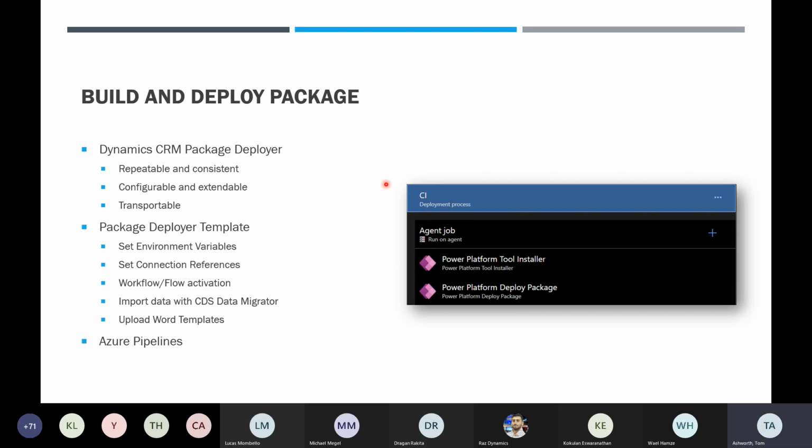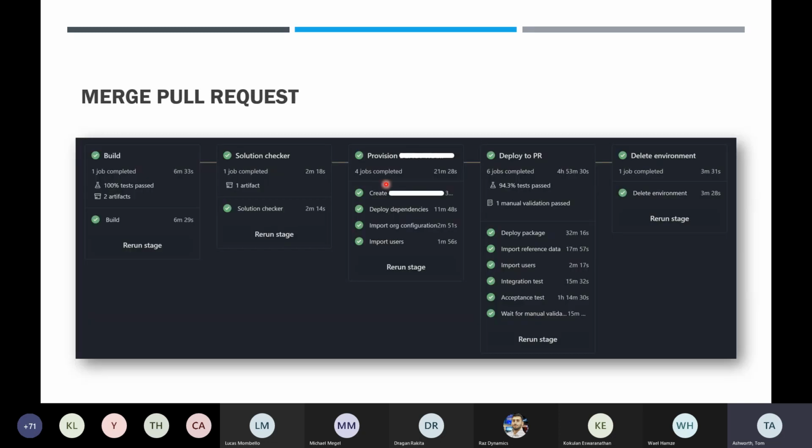So once you've built and you've deployed the package, or as part of building and deploying your package, there's the merge PR request, and this is where it differs for your different environments. So if you're taking the first approach, the third approach that I mentioned before, then this would typically be done after you've merged into your main branch. But if you've taken the fourth option where you've got a CI environment spun up, this is what your pipeline